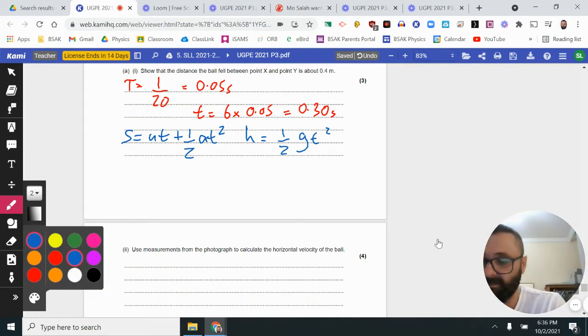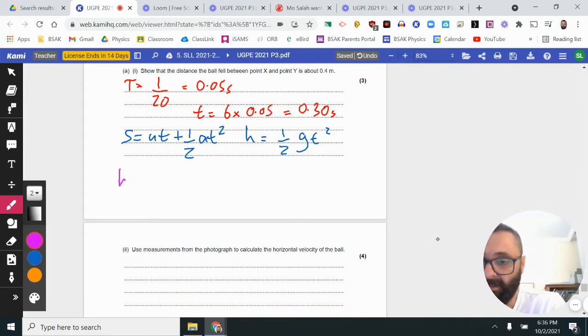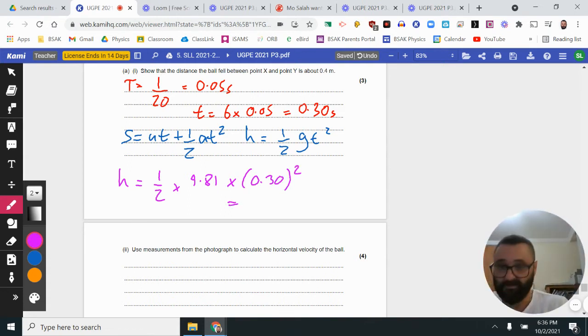So in this case, we have height equals a half times 9.81 times 0.30 squared gives us a height of